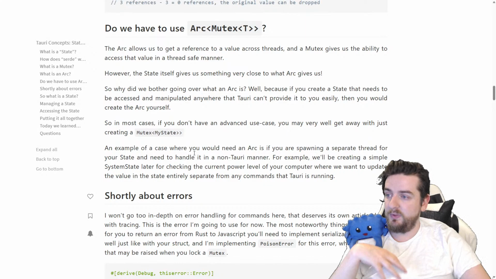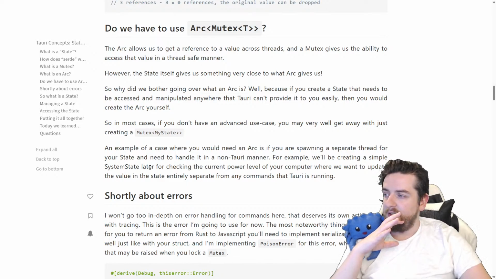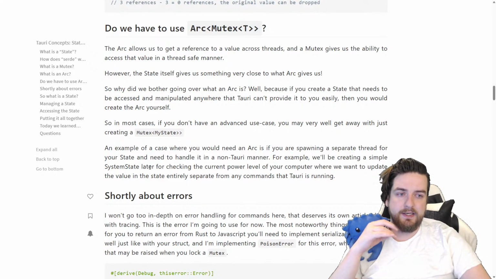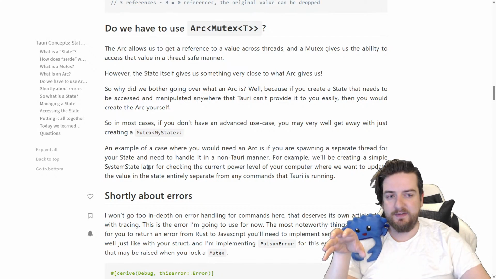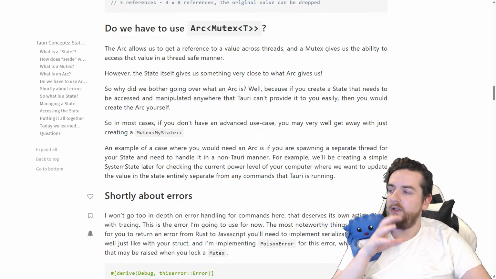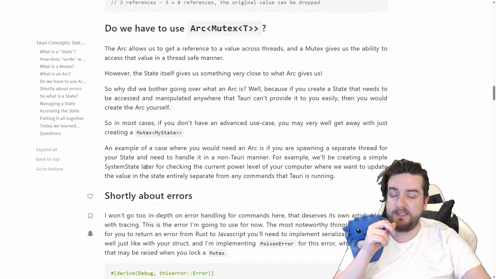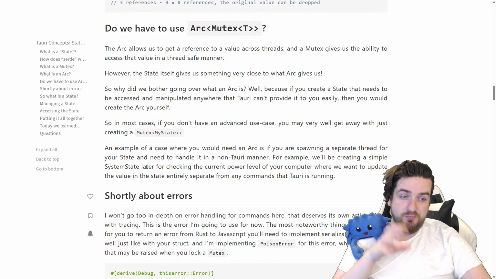For example, we'll be creating a simple system state later to check the current power level of your machine, and in order to handle that in as Rust-native a way as possible without having to involve Tauri at all, we will be demonstrating how you can get away with an Arc